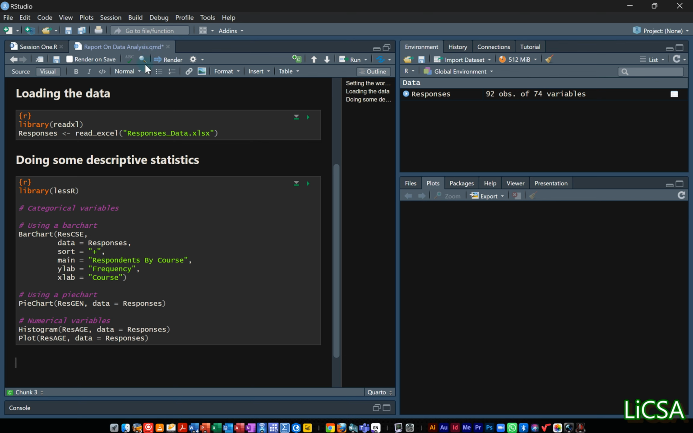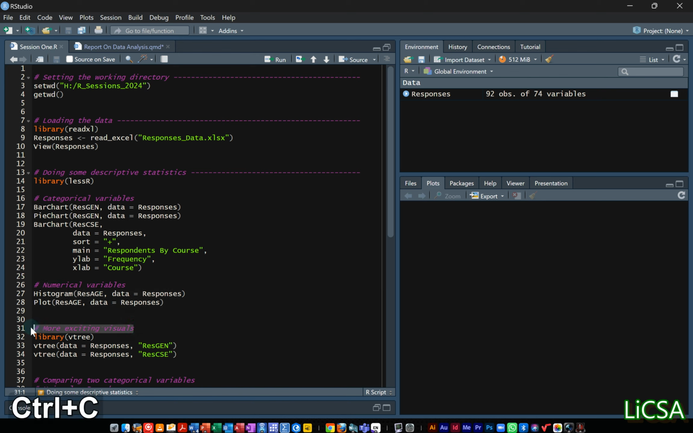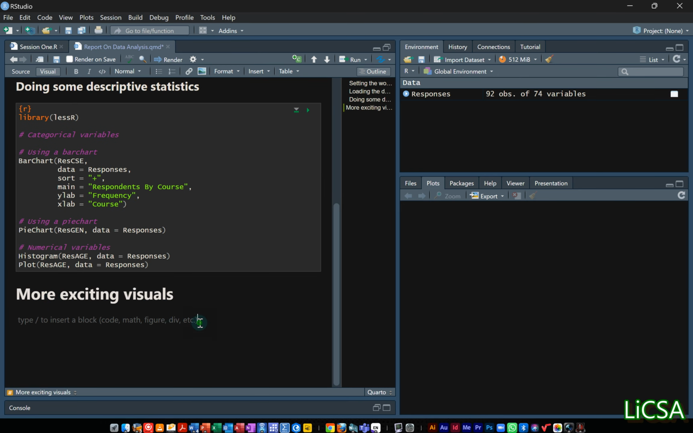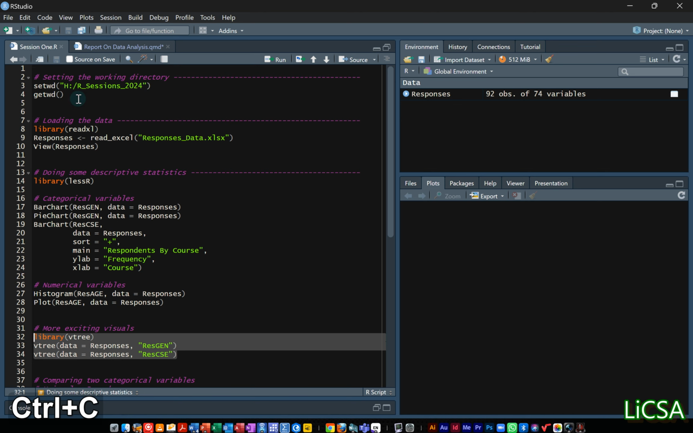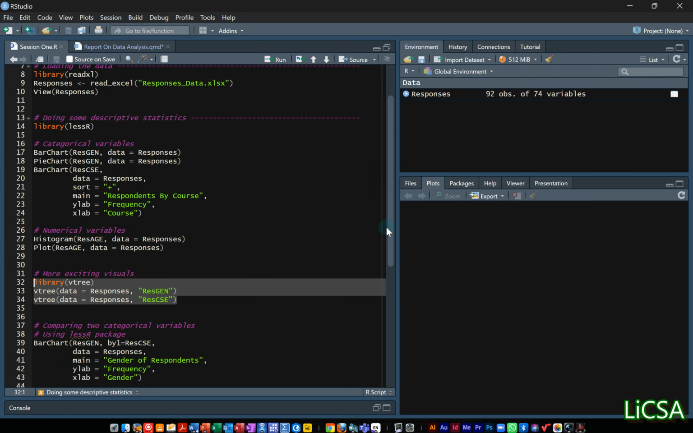And then I create a new heading, this time I want to put more exciting visuals. I don't put them under a different one, so I put them here, more exciting visuals. And let me just create a code chunk. So I will just use this package called tree, and I put my code there. And then I'm trying to generate reports,